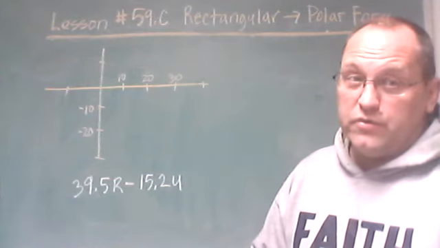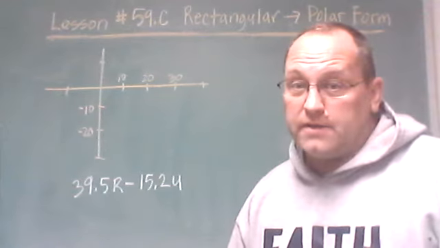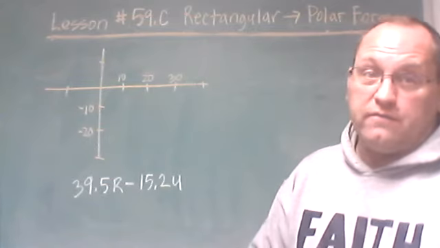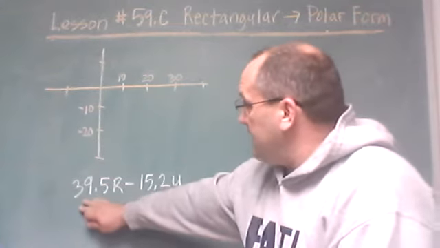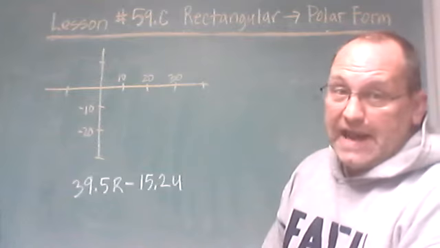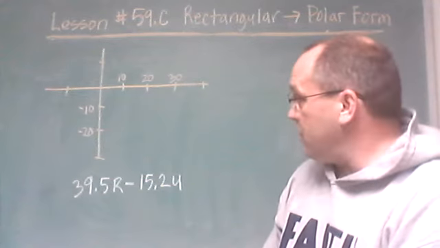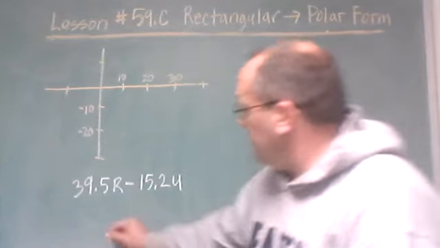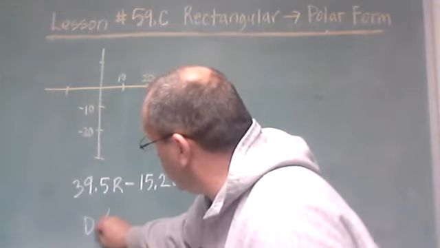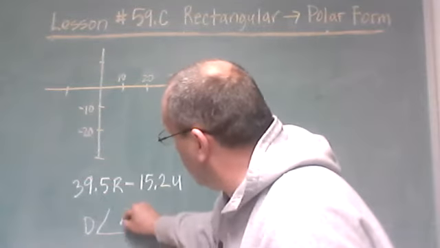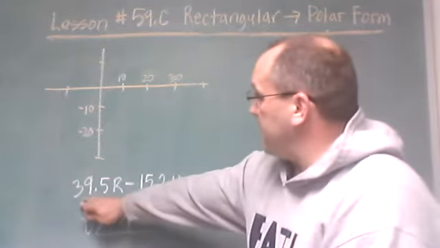Today I just want to do an area where I see just a minor trip up for a lot of you with recording the angles when we convert into polar form. Okay, so if we're going to change this expression of rectangular coordinates, or rectangular vectors, into polar form, we know we need to express it in terms of a distance and then an angle measurement in degrees. To convert that, what this stands for is